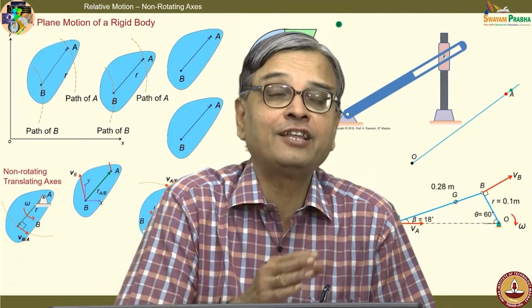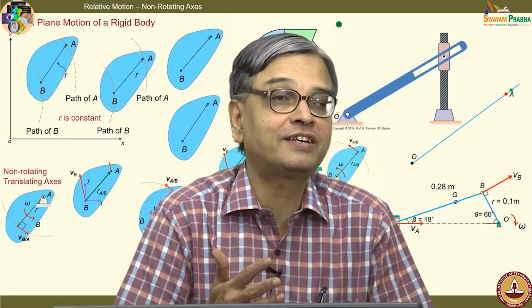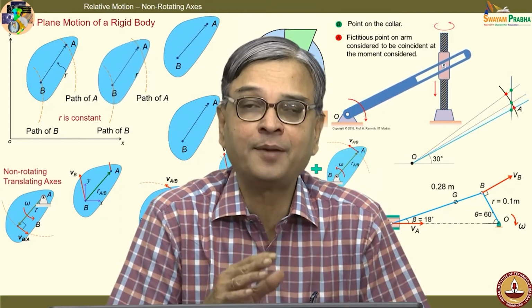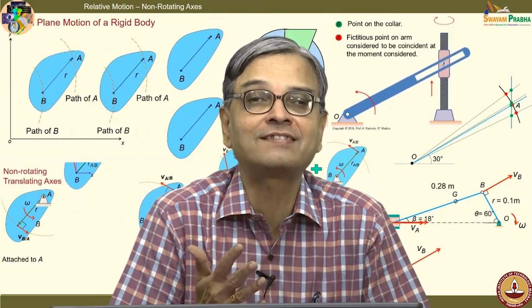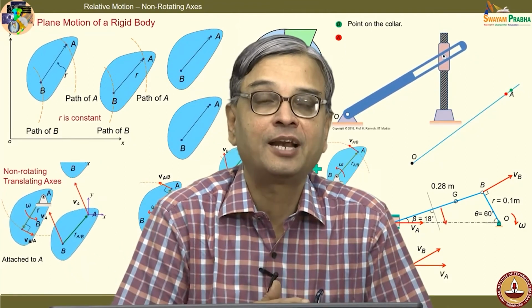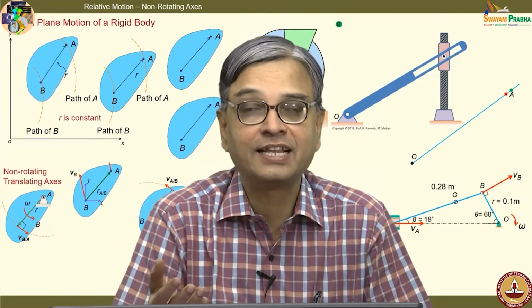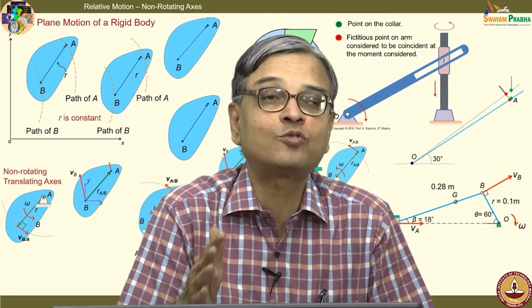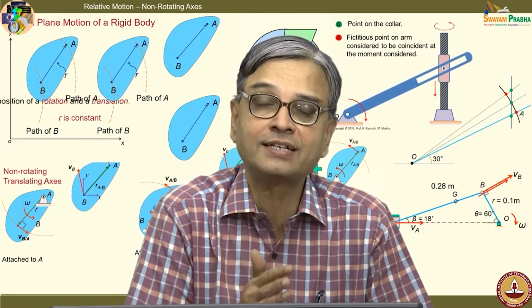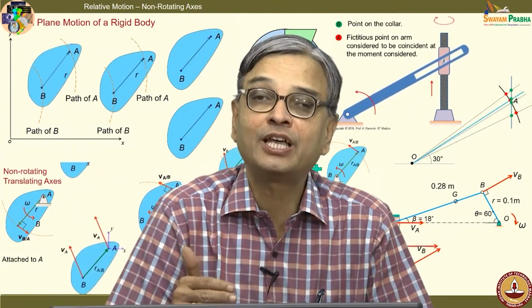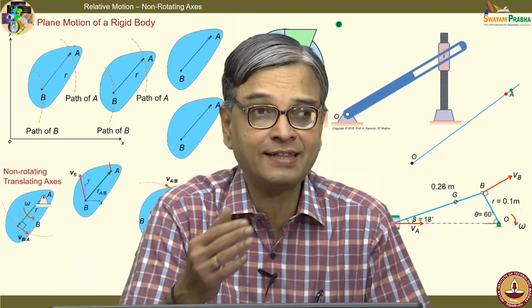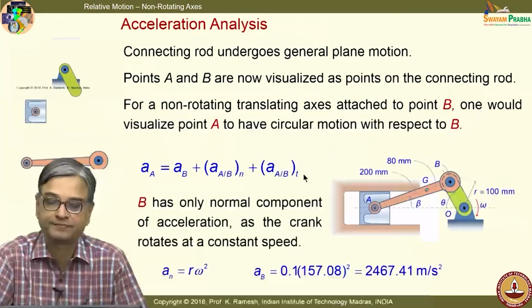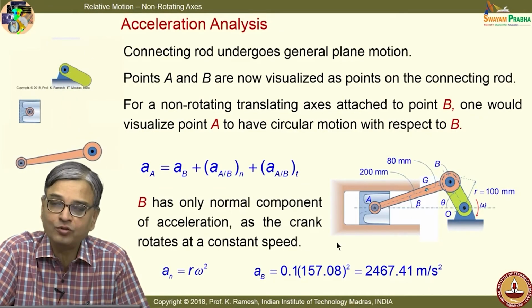See, again and again you use the circular motion equations intelligently. You have to appreciate general plane motion is a composition of translation and rotation, and put an appropriate axis and then calculate all these quantities. Do not apply Newton's law in any one of these coordinate systems. We are determining the absolute acceleration of point A by using this intermediary. Once I get the absolute acceleration, in that frame of reference, apply Newton's law. That we have to do when I go to kinetics.